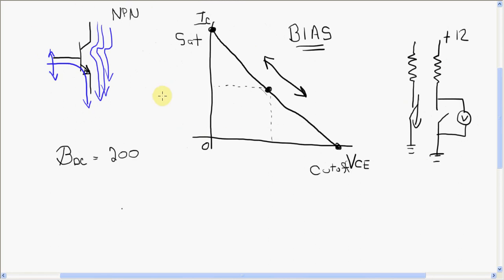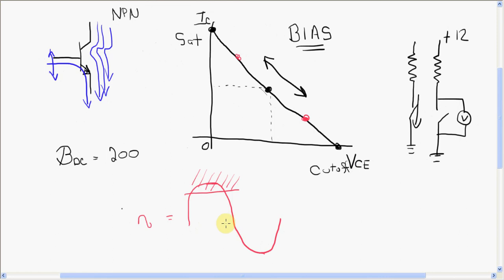And the idea being that now I can have a very, very small base signal, right? So the base can produce a very, very small base signal, and I can have a very, very big collector signal come out of the transistor that's not hitting saturation or cutoff, right? Of course, if this was in the wrong spot, we'd be hitting cutoff or saturation if it was up here, right? Long before it amplified or got an identical signal, and this part up here would all be